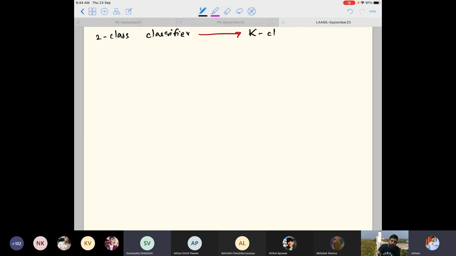What I am going to do is the following. I will define f hat of x to be equal to the argmax over k equal to 1 up to K of